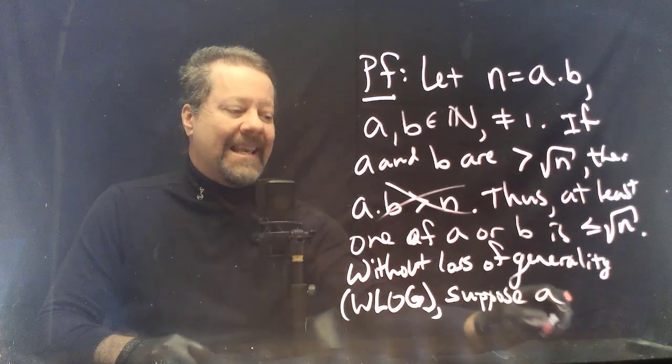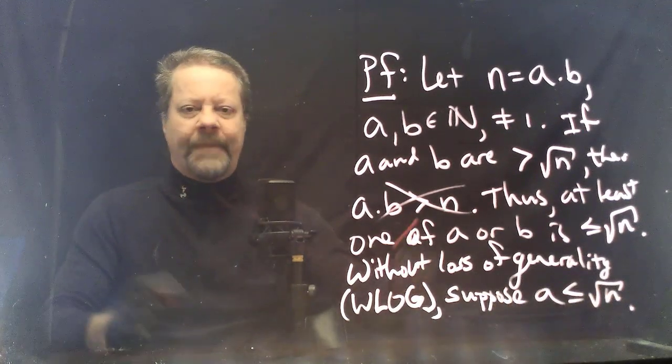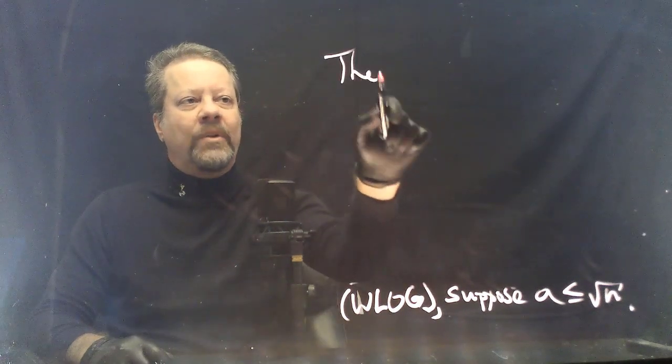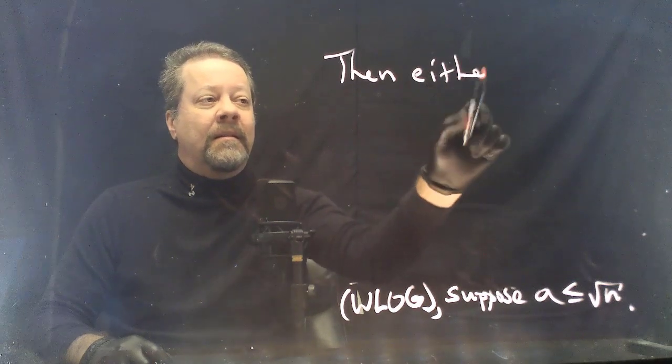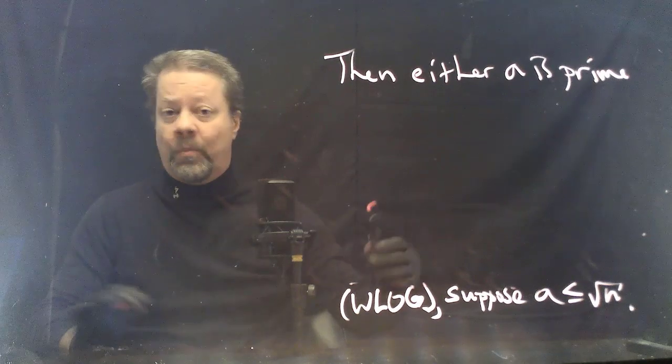Suppose that a is the one. One of them has to be. Let's let a be. Then there are only 2 possibilities. Either a is prime, in which case we're done proving the theorem,